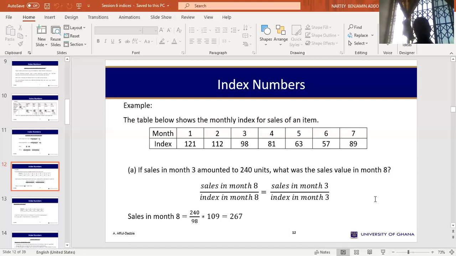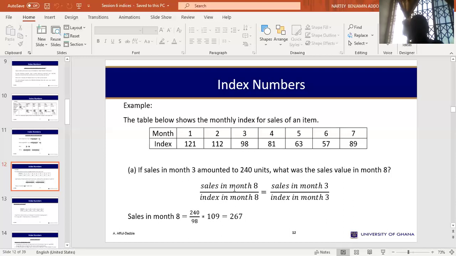If the unknowns are 2, then there should be 2 equations, that is simultaneous equations. If the unknowns are 3, then you have 3 simultaneous equations. That's how it goes. So I'm supposing that the index in month 8 will be the 109, because